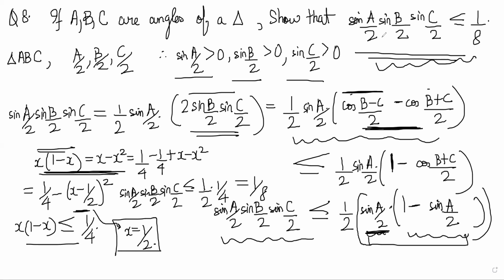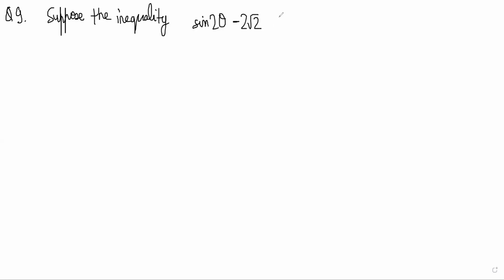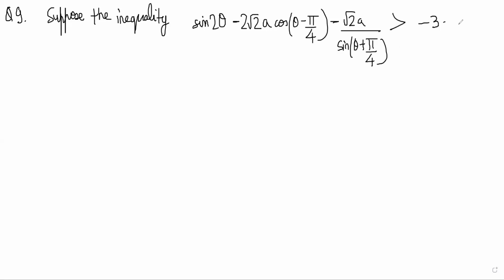Okay. The next one that we look at is basically this. Question 9. Suppose the inequality is given as sine 2 theta minus 2 root 2 a cos of (theta minus pi by 4) minus root 2 a by sine of (theta plus pi by 4) is greater than minus 3 minus a square. Suppose this inequality is satisfied